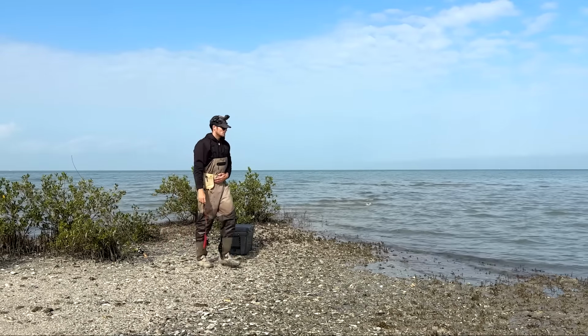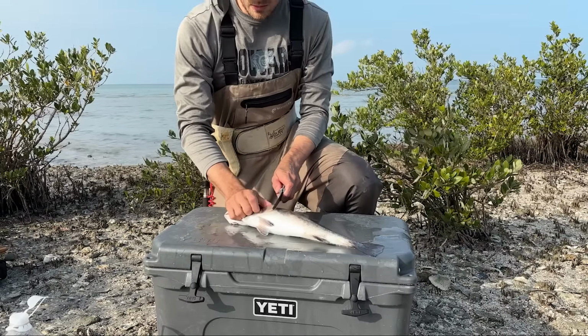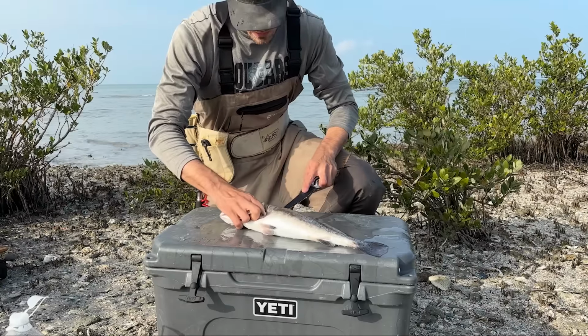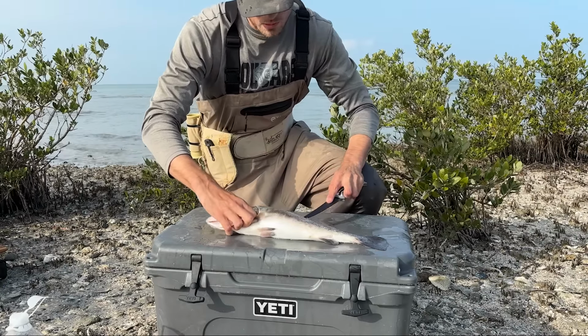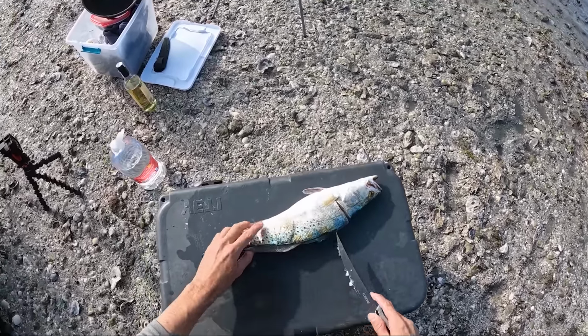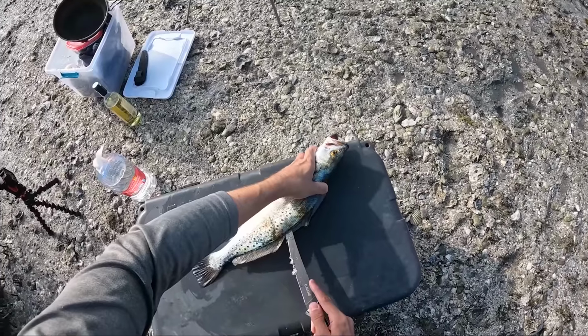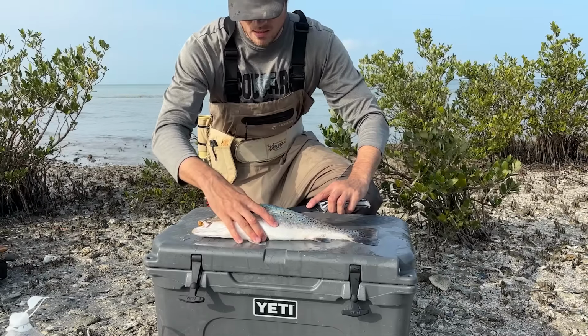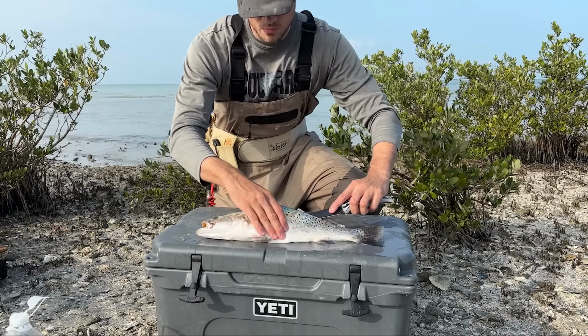All right, we're gonna fillet up our fish, and the way we're gonna do it is without even opening up his gut cavity. One cut right here, and then run it down just the backbone. A lot of fish, there is a little ridge right next to the dorsal. Makes it pretty easy just to slide that knife right in there. Then once we've done both sides like that, just run that knife right down the backbone until you hit that